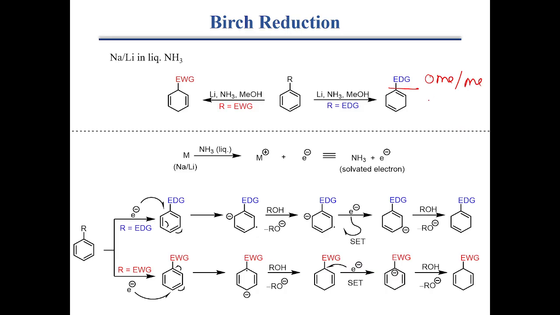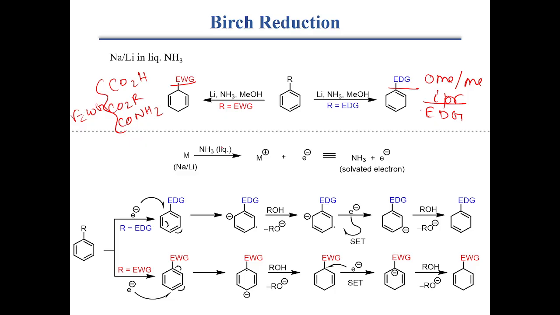methoxy, methyl, isopropyl, in Birch reduction condition, lithium in liquid ammonia, it forms this kind of alkene. Or in the presence of any kind of electron withdrawing group in Birch reduction condition, such as acid, ester, amide. So these are all electron withdrawing groups. These are all electron donating groups. So we are seeing that different electron donating or withdrawing effects give different types of dienes in Birch reduction